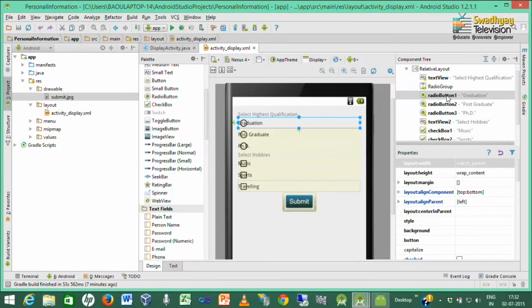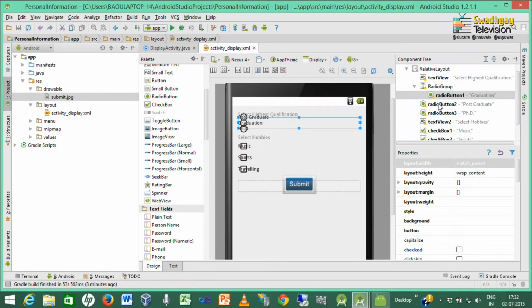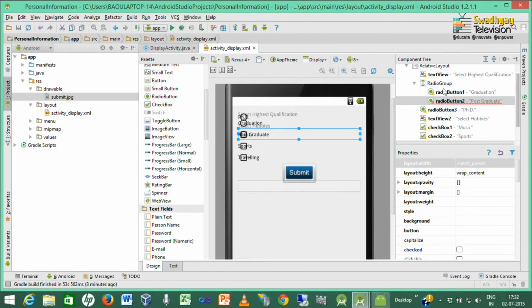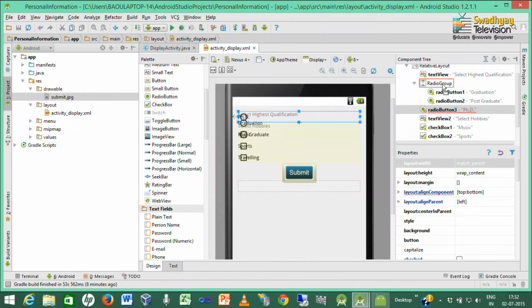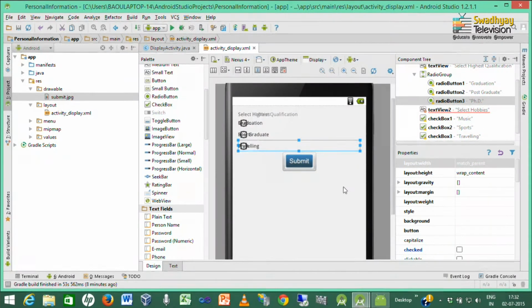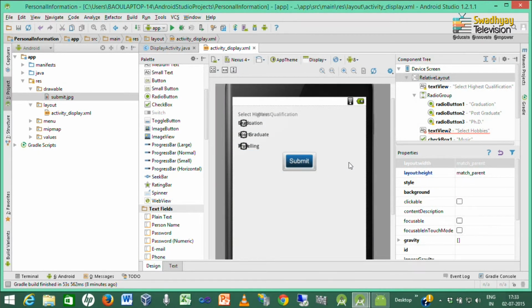Now, we want to move these radio buttons inside the radio group. So, here I am just dragging these radio buttons inside the radio group. So, now it becomes mutually exclusive.